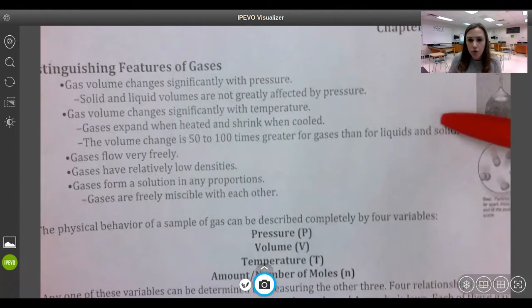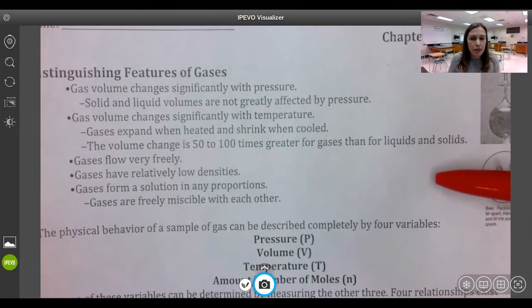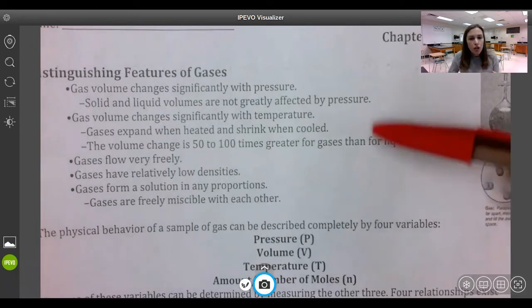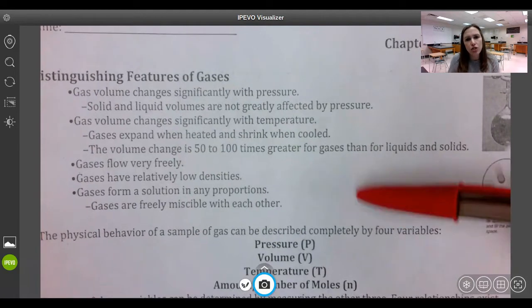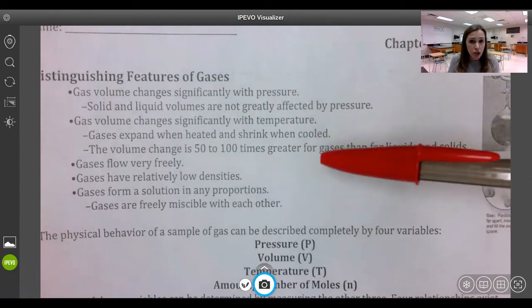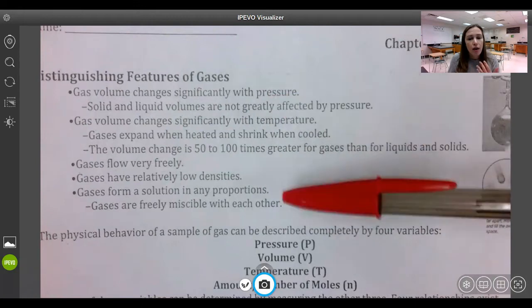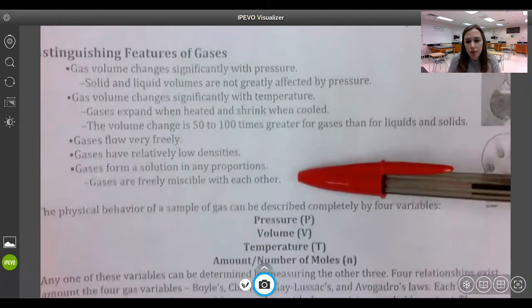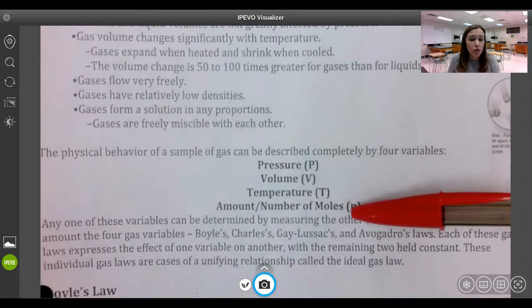So just remember, in this unit, we're just focusing on gases. One of the reasons why we have a whole unit just on gases is how well we can manipulate gases and look at different relationships between variables. The different things that we talked about in our earlier unit with how the particles are arranged in gases, how gas volume can be greatly affected by pressure and temperature, how they have relatively low densities and so on, all these properties can really be described with four variables: pressure, volume, temperature, and then the amount or number of